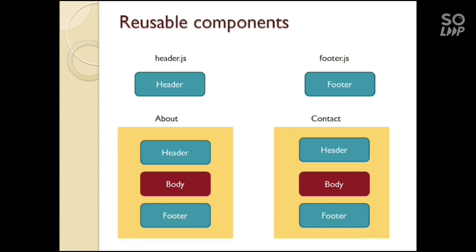Next, in the about and in the contact page, we will call the same component two times. So rather than creating the same file two times, we will reuse that header component in both of the pages. Similarly, you can assume the same with the footer as well. For the footer, we will create just one file footer.js and then we will reuse it in both of the pages. So according to React, reusable components will result in better performance.